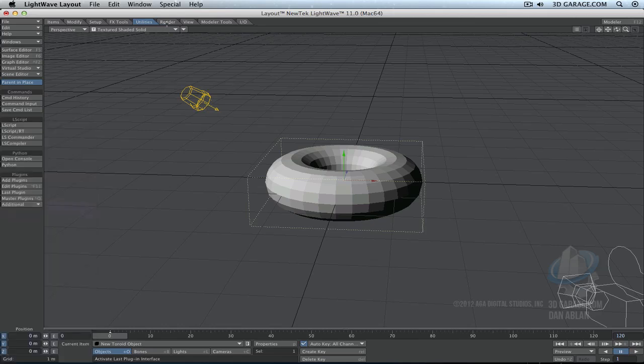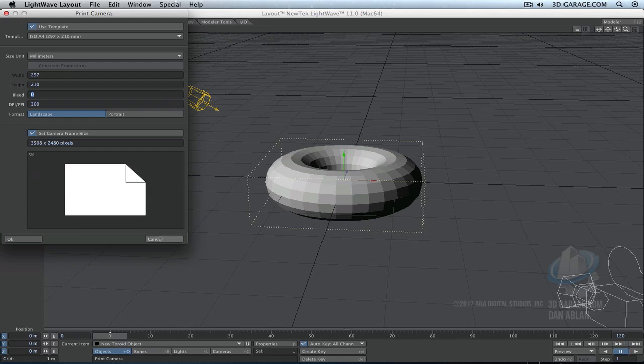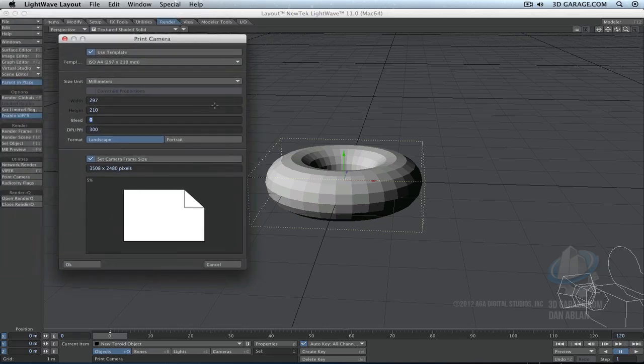And we get to render. Well, this is really important, of course. We've got our network render. We've got our Viper. We've also got a print camera in Lightwave 11, which is really, really nice because I can't tell you the amount of times we've generated 3D for clients, and they come back and go, it's not 300 dpi, and it's 4,000 pixels, and they say it's not the right size, which the whole DPI, PPI thing